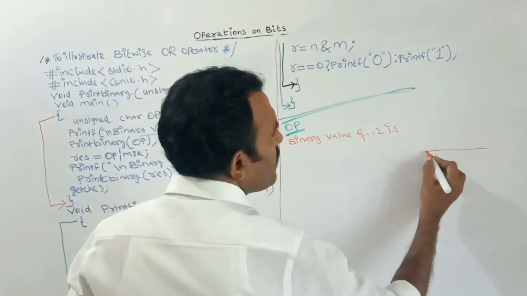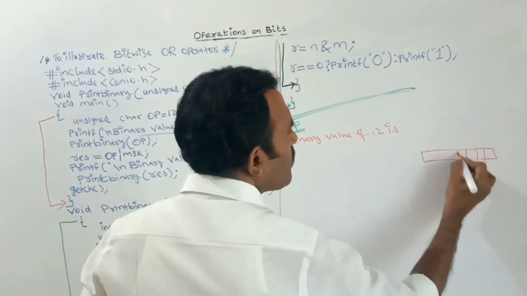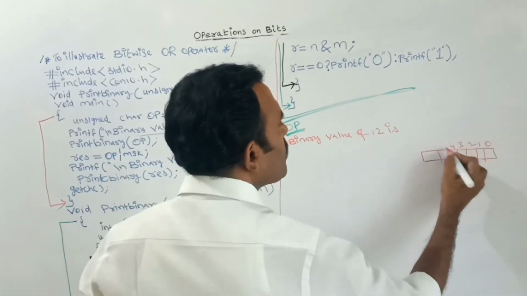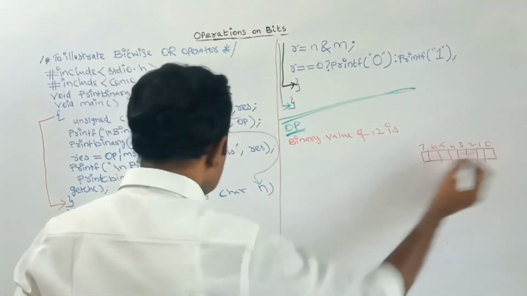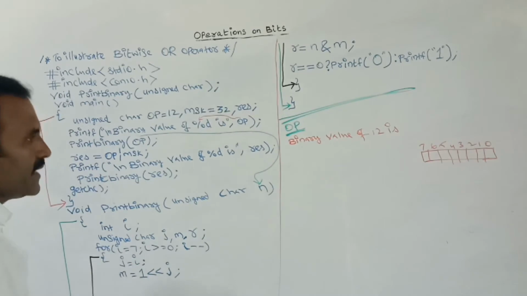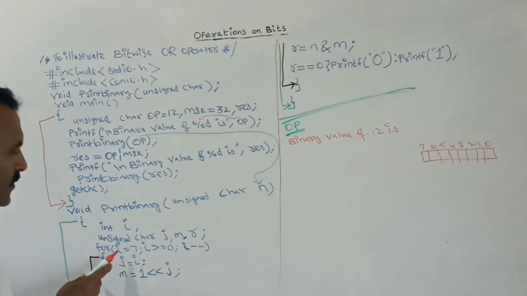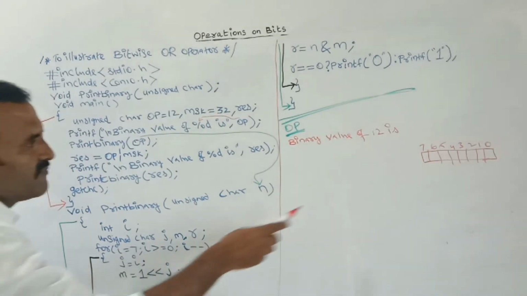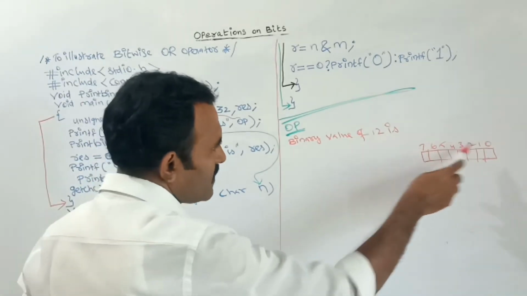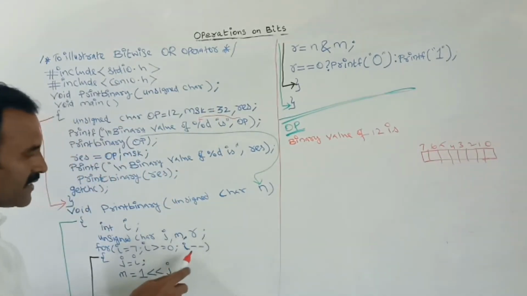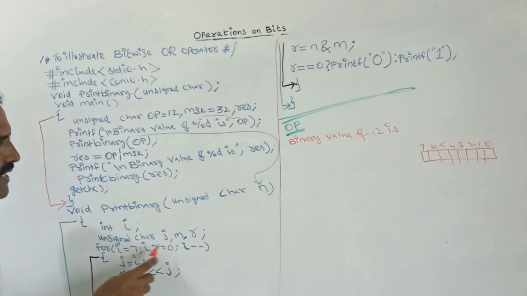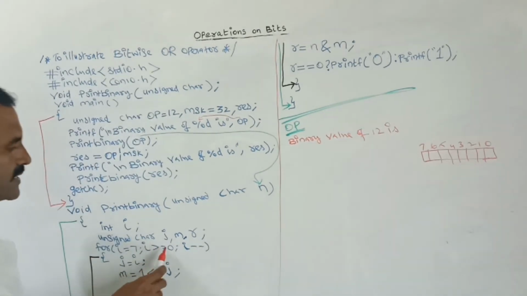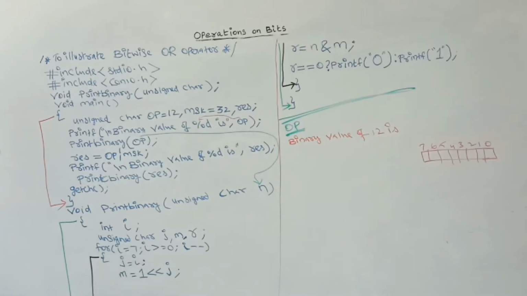So here, the position from 7th position to 0th position it will print the binary values. So here in the loop I am giving the initialized value, that is starting value from 7 up to 0. For each and every time I will be decremented. Here the condition is the I value should be greater than 0. Once it is lesser than 0, then it will come outside of the loop.